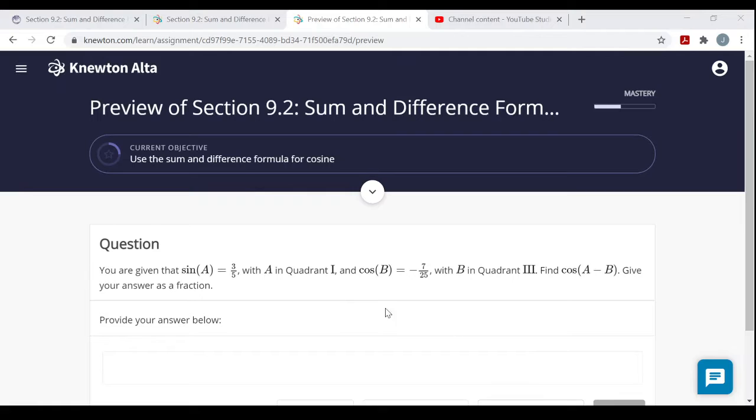All right. So here, I'm going to go through one angle at a time. I'm going to take the information I have about angle A and draw a picture. Take the information I have about angle B and draw a picture. And then use those two pictures to help me find the cosine of the difference of those two angles, if I were to subtract them. All right. So I'll start with